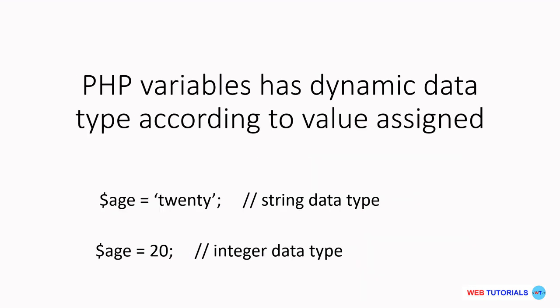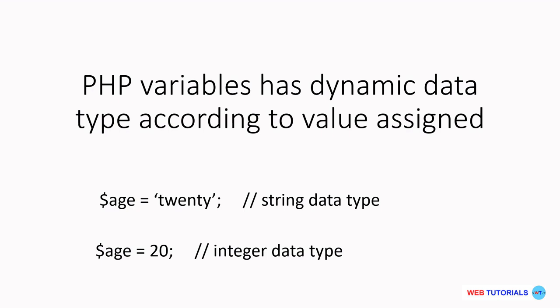Also, when a variable is reassigned a value having a different data type, its data type also gets changed. An example is shown in the slide. Here, variable age is of string data type after the first assignment, and its data type is changed to integer